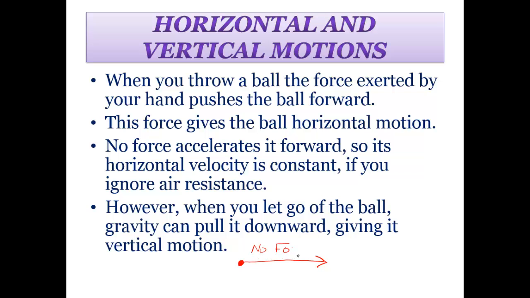So its velocity this way is constant because there's no more force. So it's traveling at a constant velocity. And of course right now we're not looking at air resistance or anything like that because it's going to affect it. But if there was a constant velocity, it would travel in this direction forever, meaning that there would be nothing that would stop it. But gravity comes in